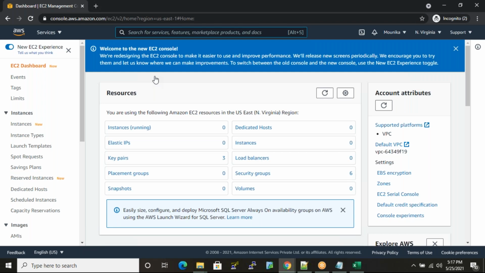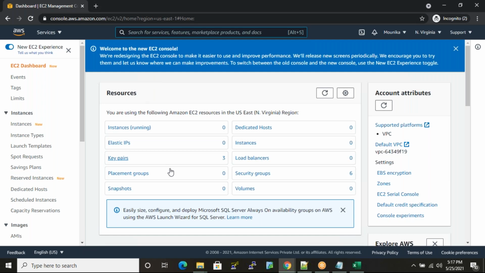Okay, so the last C is nothing but cloud. Cloud is nothing but it is use of remote servers via the internet with pay as you go pricing model. So that is the overall description about EC2, Elastic Compute Cloud. So by using this EC2 service, we will create our own servers. It is nothing but instances.